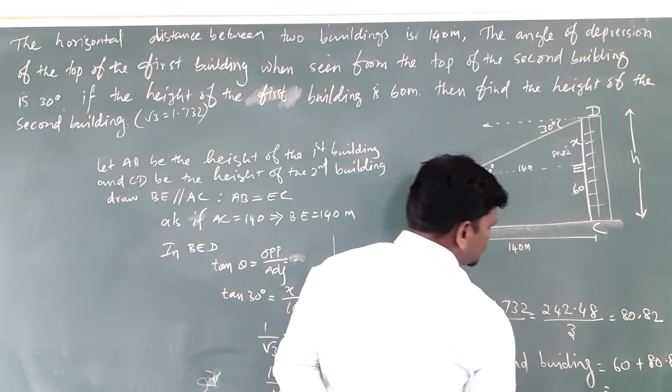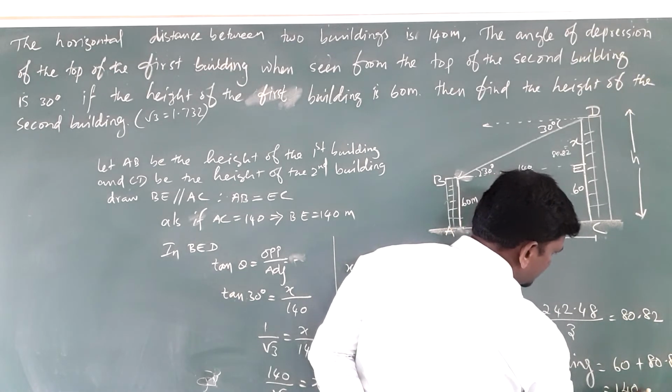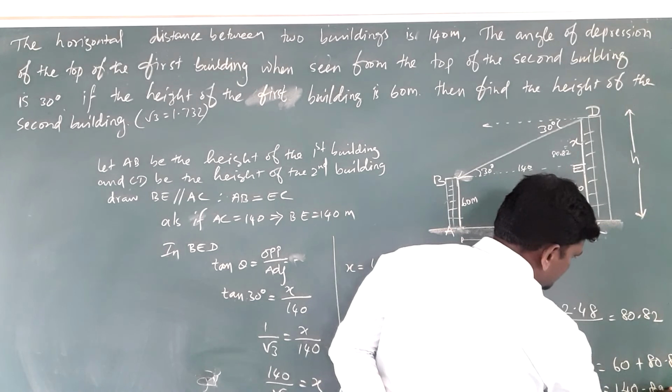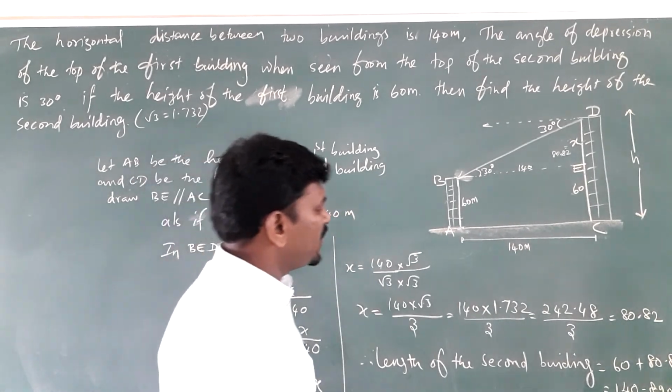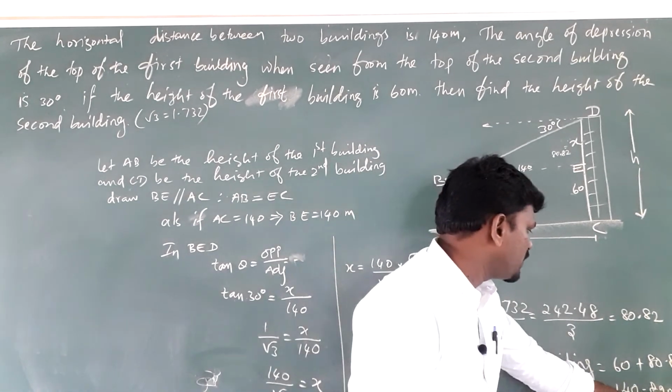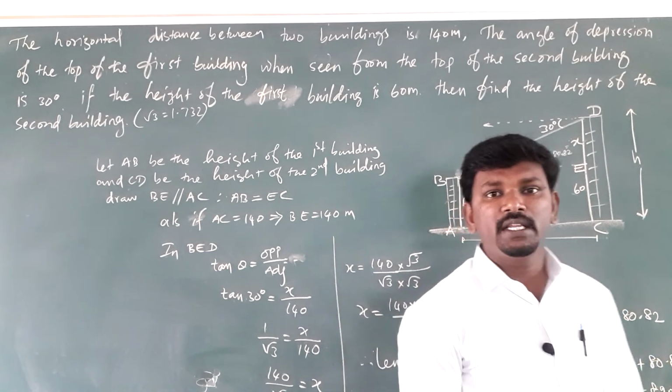So 60 plus 80.82 is 140.82 meters. So the height of the second building is 140.82 meters. So in your textbook, for this question,